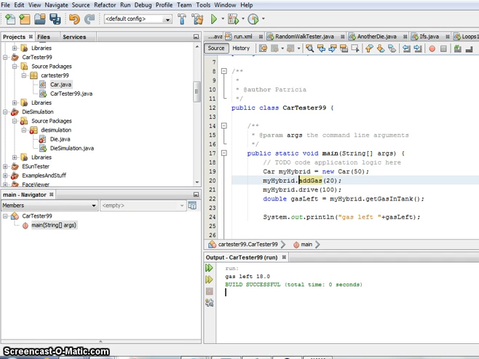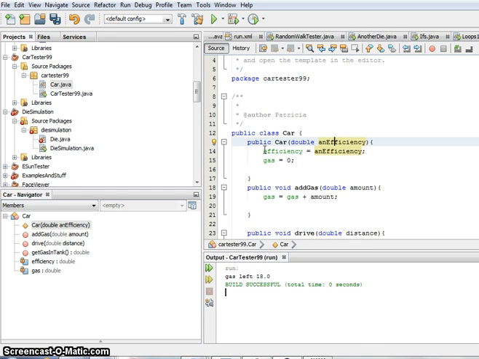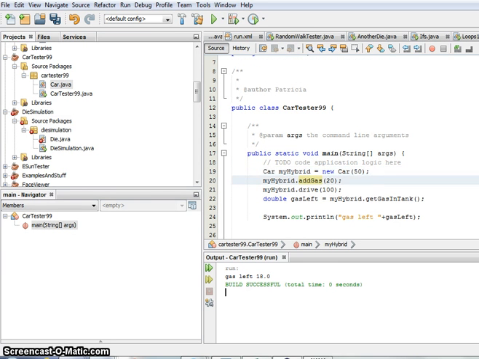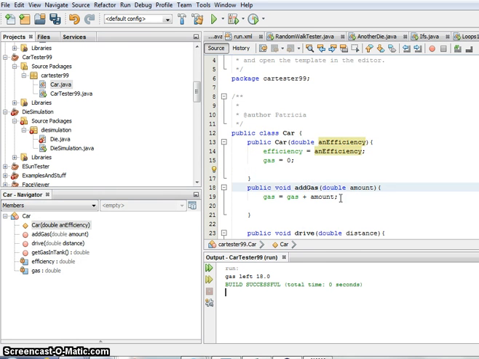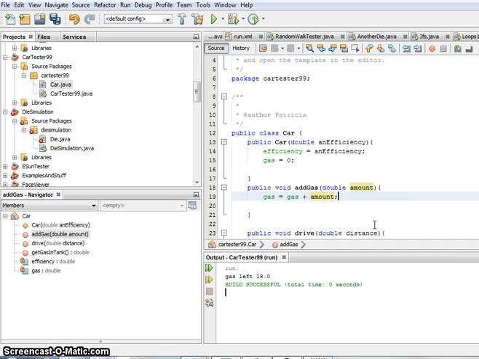So now if I come into my tester, car tester, and notice I used their code, I created a car object using the constructor called myHybrid that literally comes in here, takes that 50, passes it into this little temporary variable, and then it sets up the instance variables. Then I add the gas. I add a 20 that passes in a 20 here, and it says 0 plus 20, and now gas has a 20 in it. Then I drive 100, so I come into my drive, it passes in 100 in that